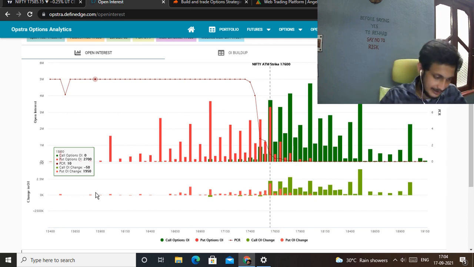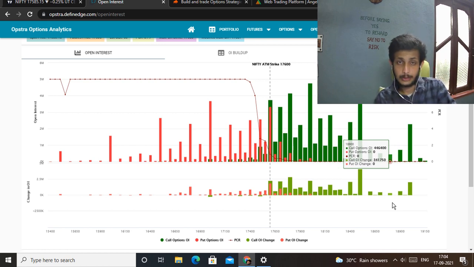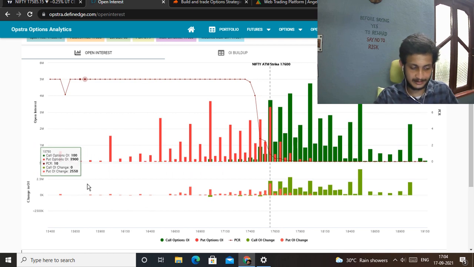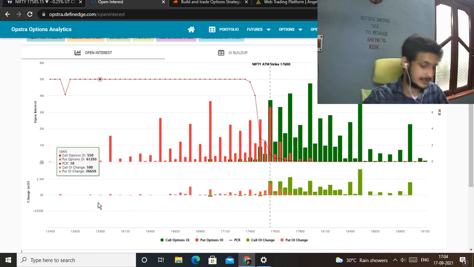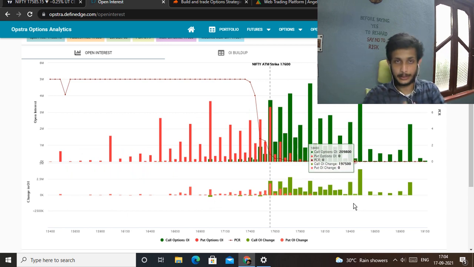Let's have a look at the OI chart. The first thing we will do is find the option where the highest unwinding has happened. In the change in OI chart you can see two sides: the upside is a positive scale and the downside is a negative scale. If you see any bar on the negative side, then it is an unwinding, which means at those strike prices the sellers have just squared off their positions. They have squared off their derivative contracts, booked profits, and come out of the market.